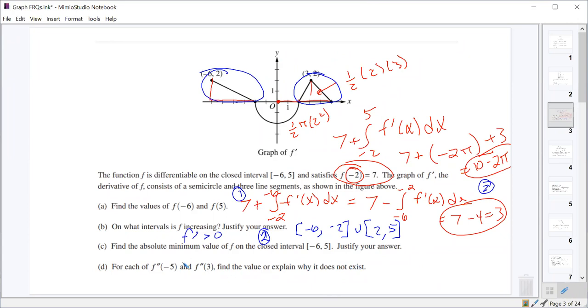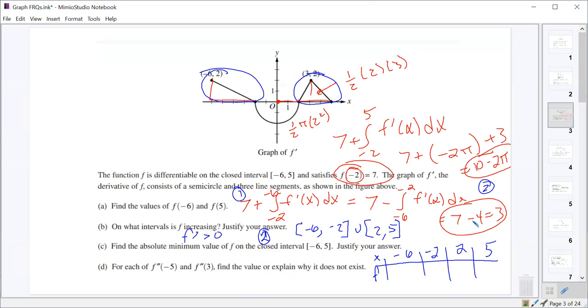All right. Part C, looking for the absolute minimum on the closed interval -6 to 5. So if we're talking about an absolute minimum on a closed interval, we need to test the endpoints, and we need to test any critical values of F. So critical values of F will be places where F prime changes sign. So F prime goes from positive to negative here at -2, and it goes from negative to positive there at